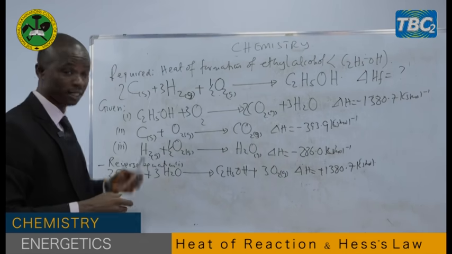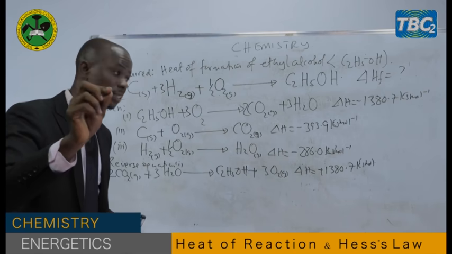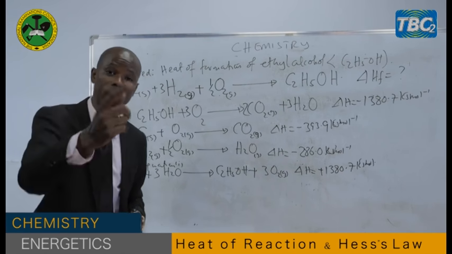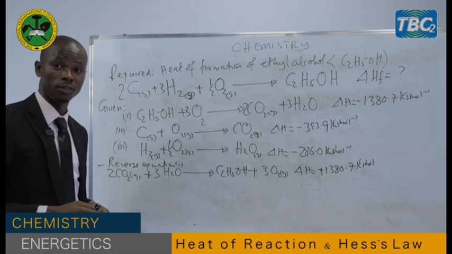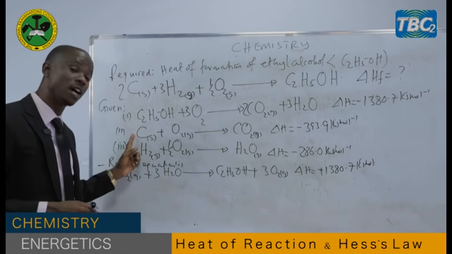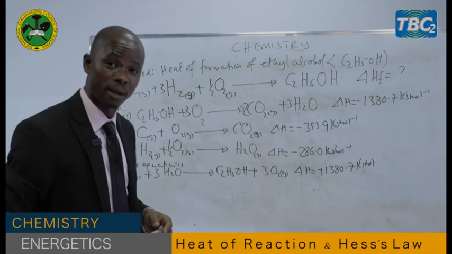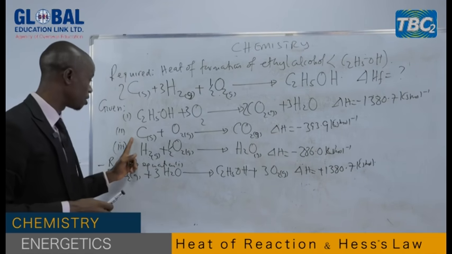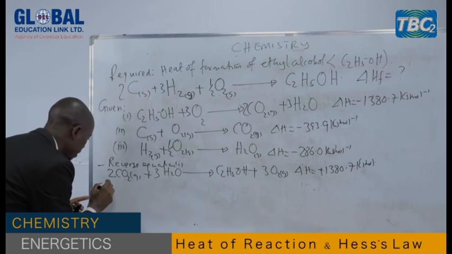Now, we come to the reactants. On the reactant side, we have carbon. You find among the remaining 2 equations which one has a carbon atom. You find that it is the second equation. But in the required equation, 2 moles of carbon are needed, and here we have only 1 mole. So what you have to do, as I've told you, are you remembering, my students? You have to multiply this equation by 2 in order to get the required one. So multiply